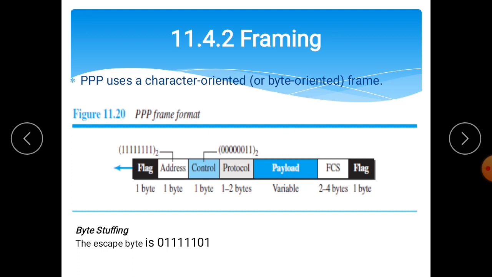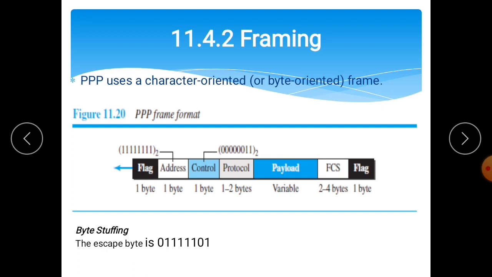The next field is the payload field. This field carries either user data or other information. The data field is a sequence of bytes with a default maximum of 1500 bytes, but this can be changed during negotiation.